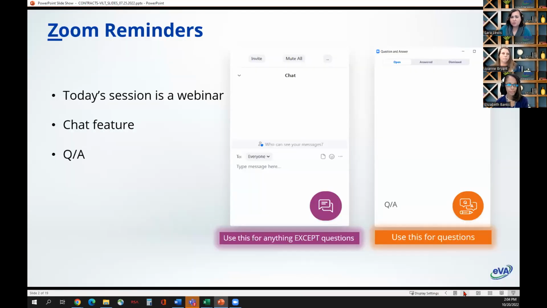First, Zoom reminder is that today's session is a webinar. Because it's a webinar, you have your camera turned off and you're muted. But that's not because we don't want to hear from you or see your lovely faces. It's really to make sure that we limit any unwanted interruptions. And if you're like me and have left yourself unmuted before, that can be really embarrassing. So now you don't have to worry about it. You can sit back and relax and hopefully learn something and just enjoy the session.